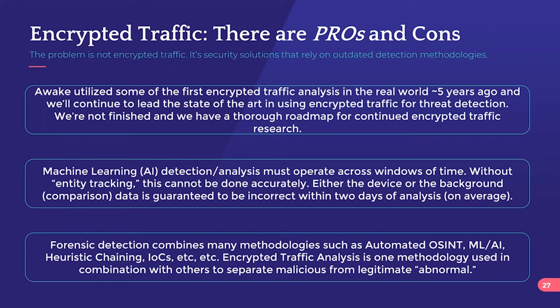Of course, there's the machine learning AI type approaches. We looked at one very specific example here: heuristics, IOCs, rules, signatures. All of these techniques are valid, and in combination, they're even better, right? They all have their pros, they all have their cons. Put them together, and the pros of each of them can start compensating, filling the gaps of the cons of others. And encrypted traffic analytics is just one of those techniques.